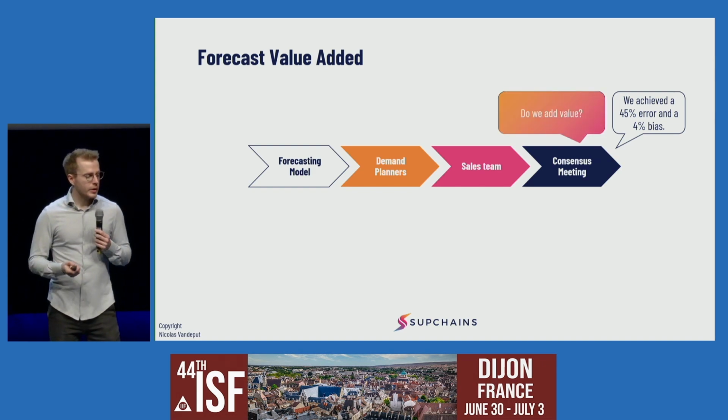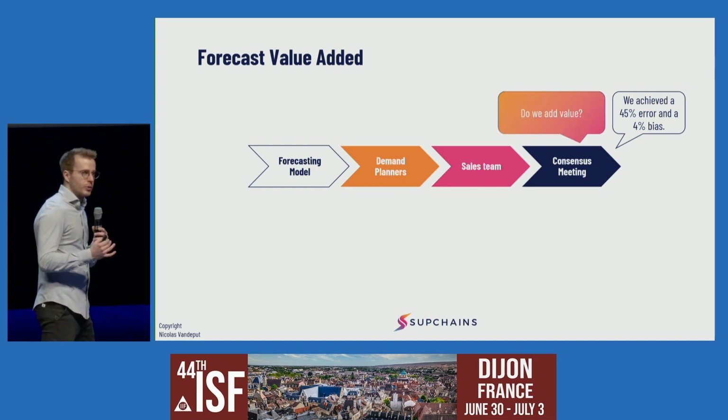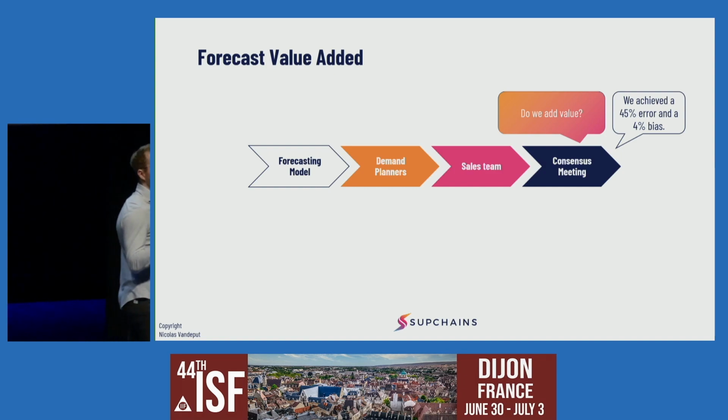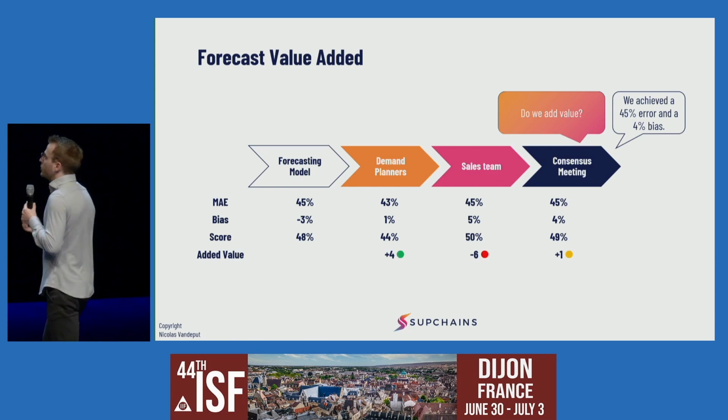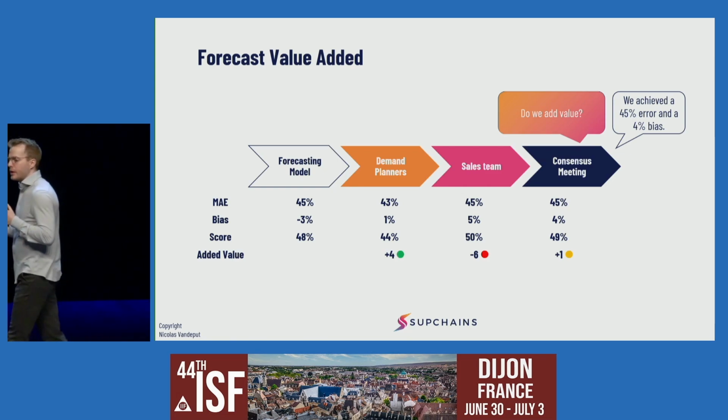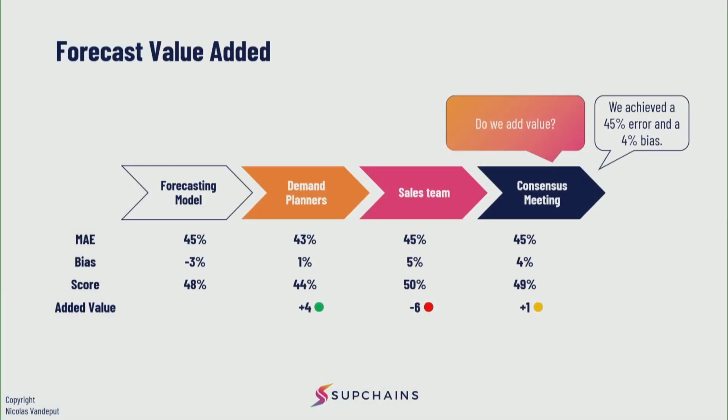The right way of doing it is asking the question, do we, as a process, add value? Did we improve the forecasting accuracy? How can we measure that? So what we want to do is to track the forecasting accuracy and bias. It's very important that we do both for every single step in the process. I like to combine these two into a single number, the score. So as you can see, the score is the sum of the mean absolute error and the bias. I'm taking the absolute bias here, otherwise you can basically hack it by under-forecasting by minus 100%. But basically I'm summing both into one thing I call the score.